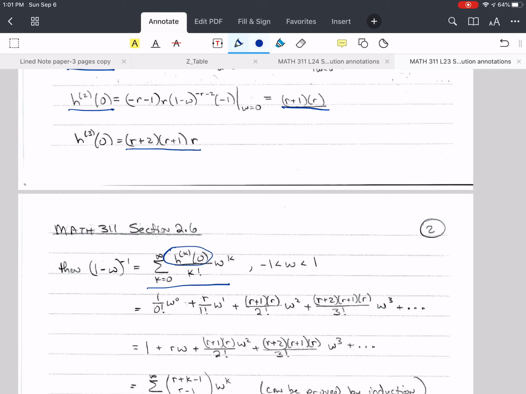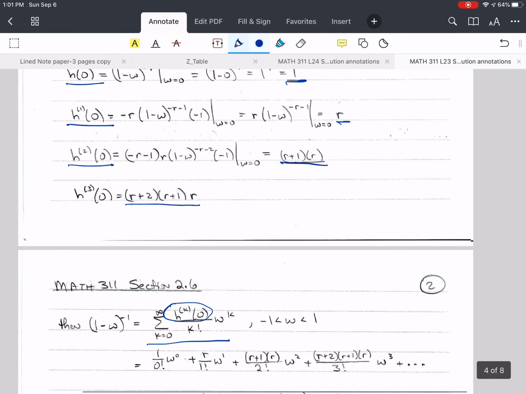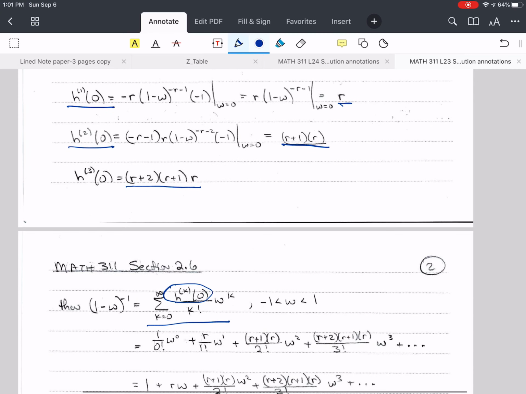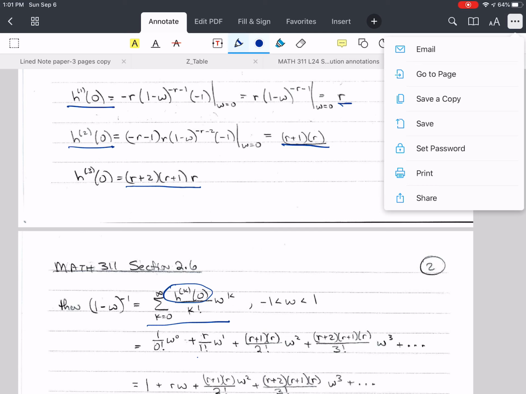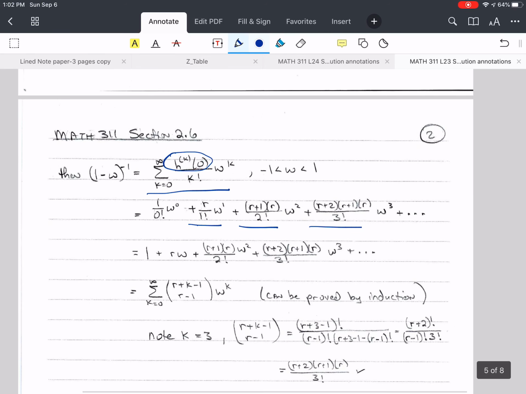And so we end up with 1 over 0 factorial. 0 factorial is 1, and w raised to the k, and that's 0. And then we keep plugging in, and I will let you look at these on your own and make sure that you understand what's going on, that we've plugged it in right. And then we simplify, and now we want to take a look at this expression here, and we've seen the